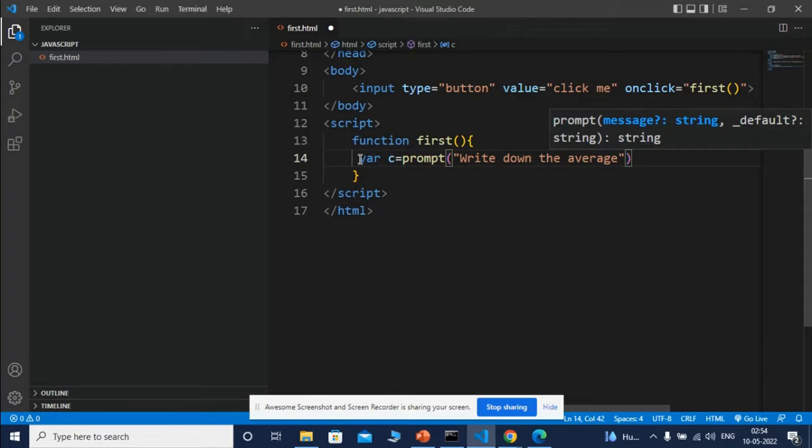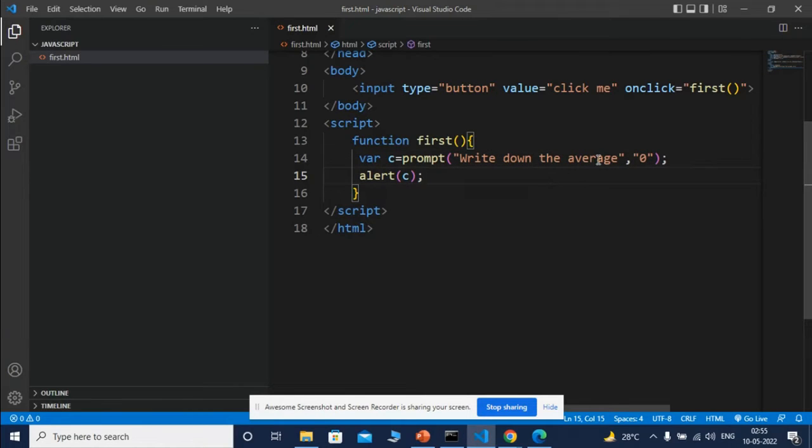Write down the average is the message. Remember, this is a string. Here you can see this is a string and default value. So I am going to find out the grade using average. That is the reason I am using a number here. Remember, this message as well as this value both are string, not number. Okay, this is not a number, this is a string. Later you will understand. I am saving it,